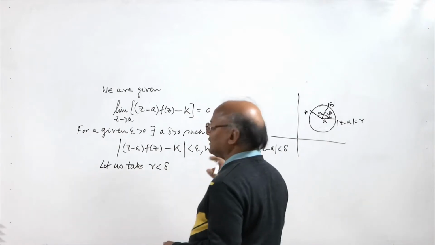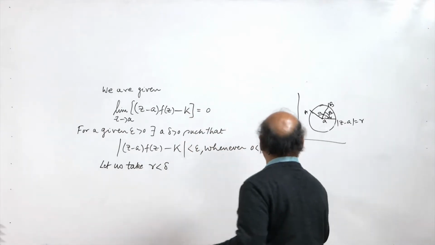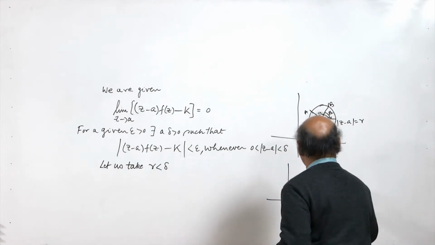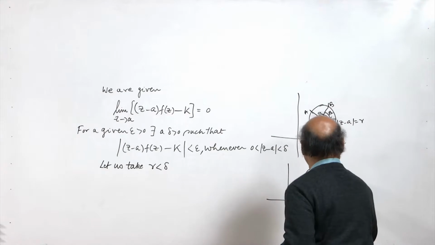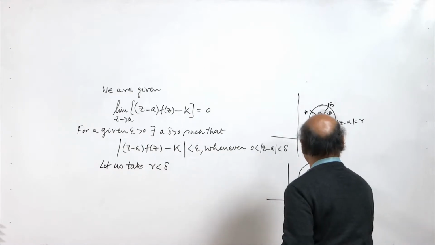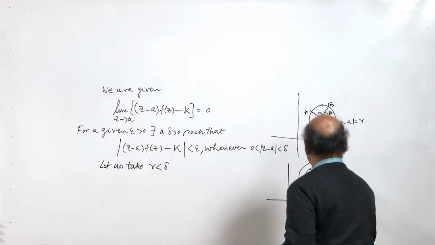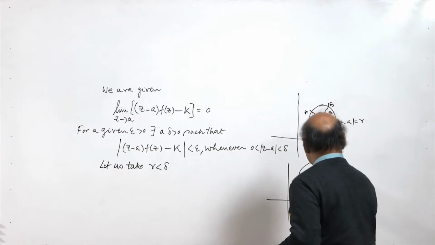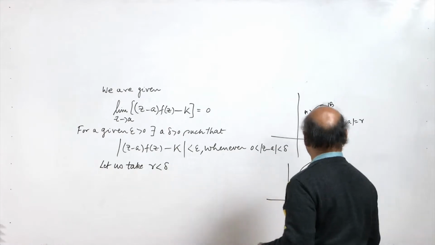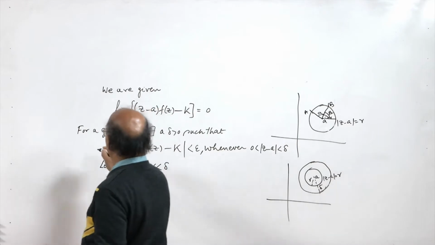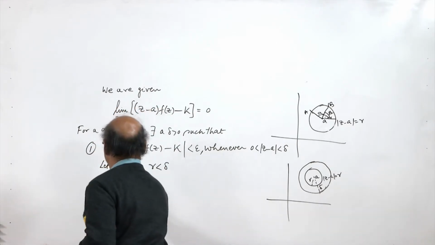So, the circle mod of z minus a equal to r will lie inside this disk. This is delta radius, this is r radius, and this is the center a. So, the inequality 1 will be valid